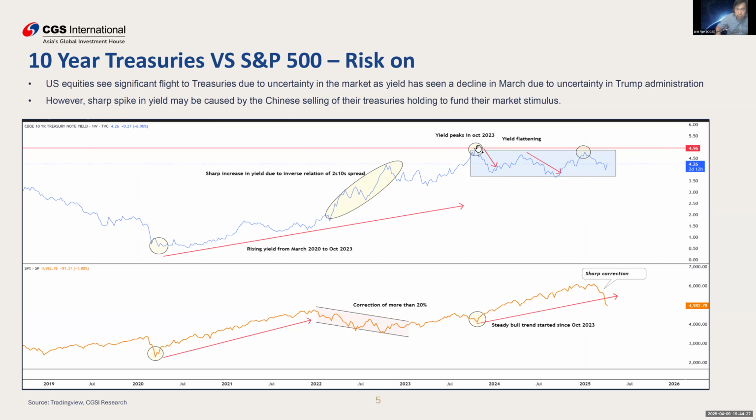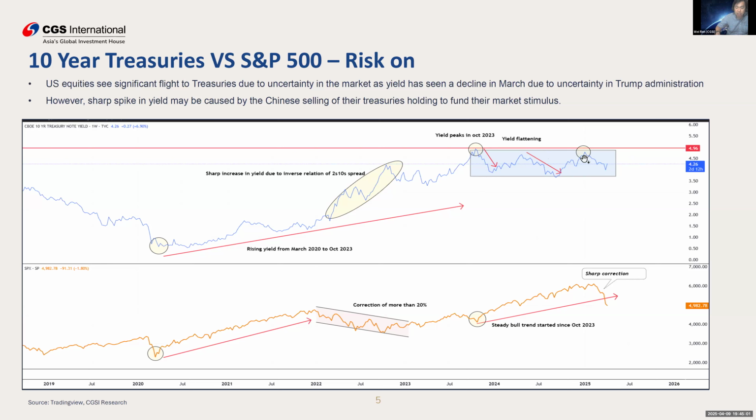Okay. There is a peak in there, and then there's a correction, due to the fact that the market is expecting a Federal Reserve rate cut, before the market actually prices it in. So you can see that during October 2023, the market took off from there as a steady bull all the way until the end of 2024, when Donald Trump took over as president of the United States.